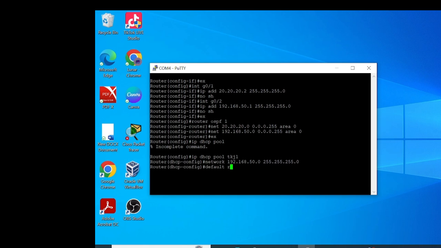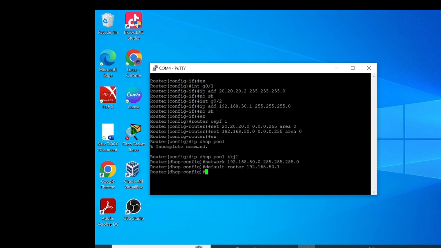And then next, enter the configuration default router. Okay, default router, 192.168.50.1.